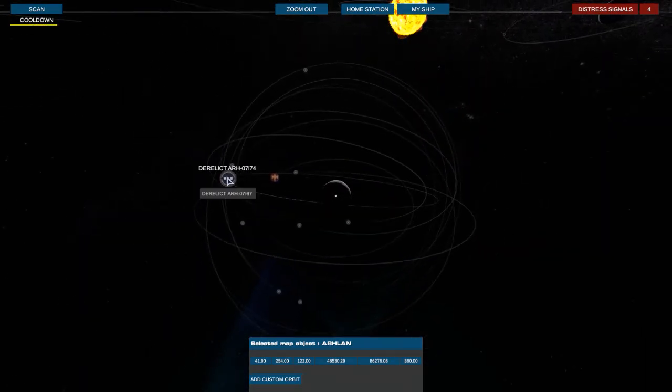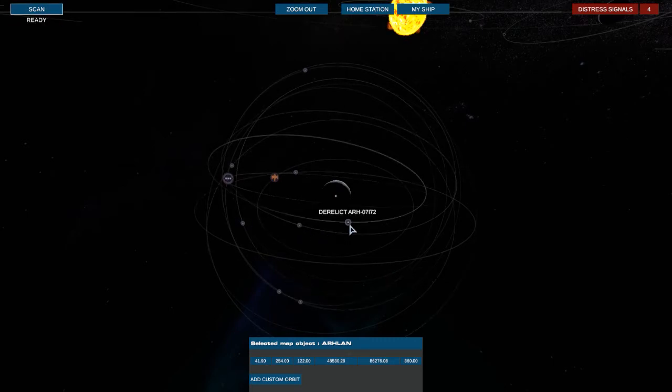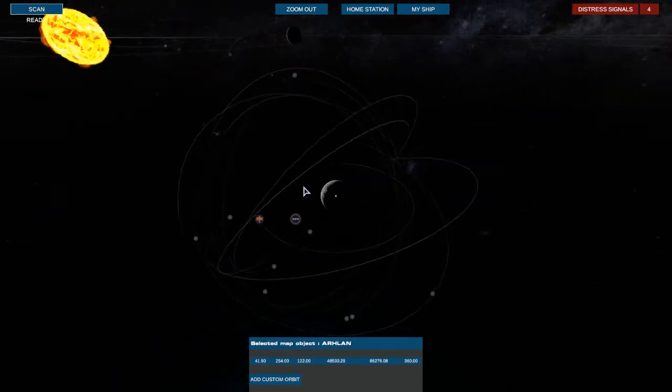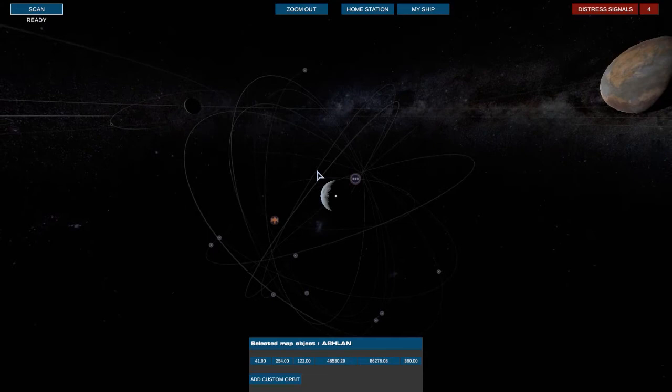There's not too much around here. I was hoping to find something with a derelict nearby. Hold on a sec. Oh, I'm at the wrong place. I'm looking at military. That's why I'm not finding anything. That's why I'm finding all these ships. So, yeah. I shall...